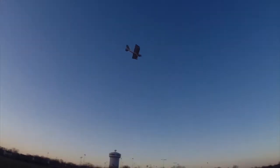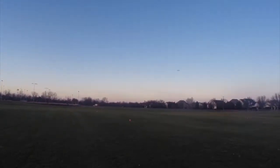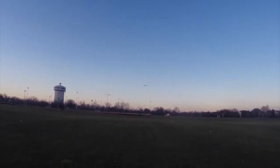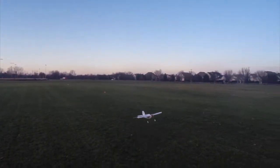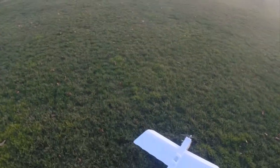So let's go ahead and try a little landing here on the ground. This ground is nice and cold and hard, so hopefully it doesn't get stuck in the grass, and if it does, that's cool too. But let's go ahead, get a little landing in. Awesome, beautiful first touchdown, and it's a really nice day to fly. As you can see, golden hour. We're at the park, of course,